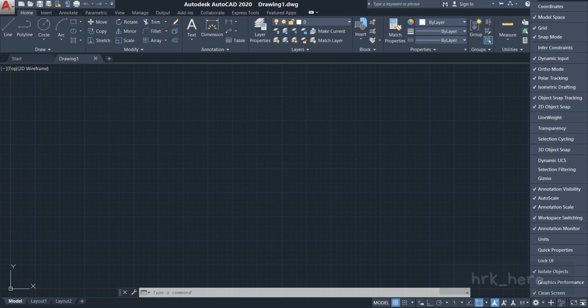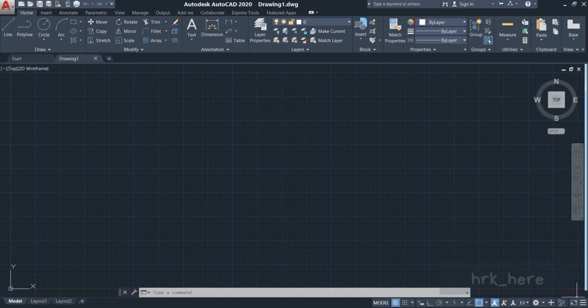So I'll click on the customization button again to close the menu. As you can see, the object snap option is on here currently. So I'll switch it off now. You can even use the function key F3 from the keyboard to switch it on and off. So I'll click on it and it is off now.